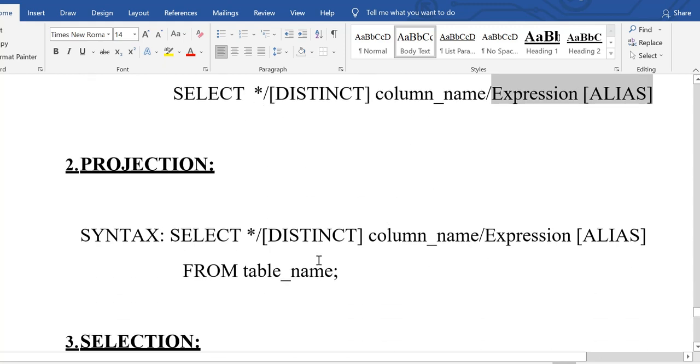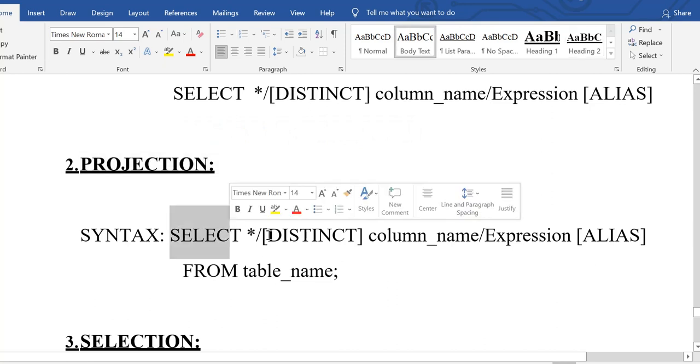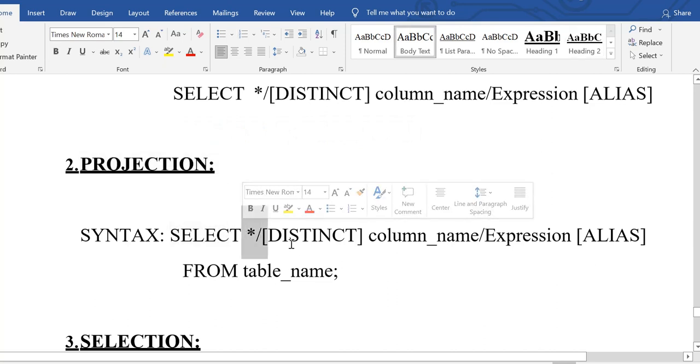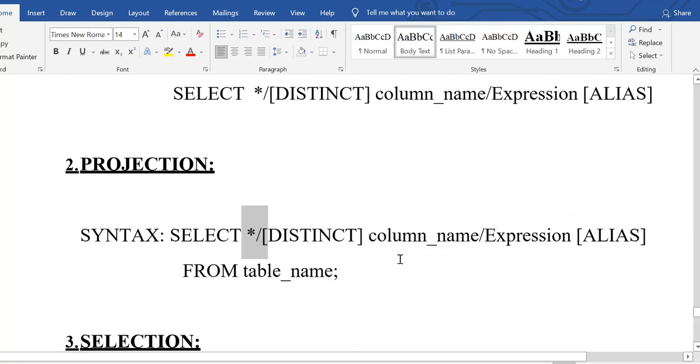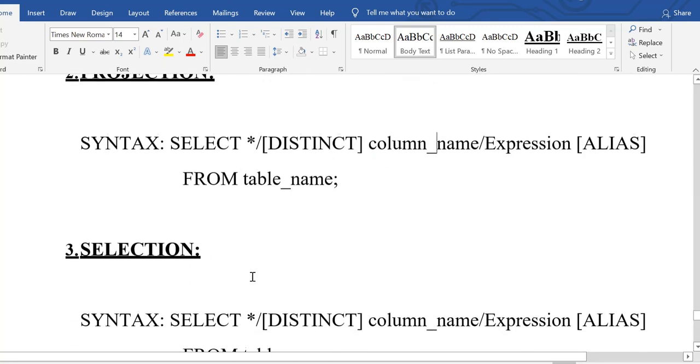Coming to projection, as I said, it will select one column and all the values in that column will be selected. The syntax is select star, where star means it will select all the attributes, and column name or expression alias from table name.